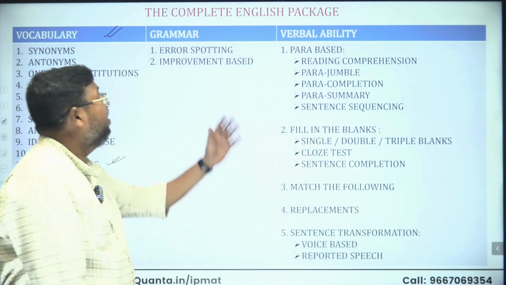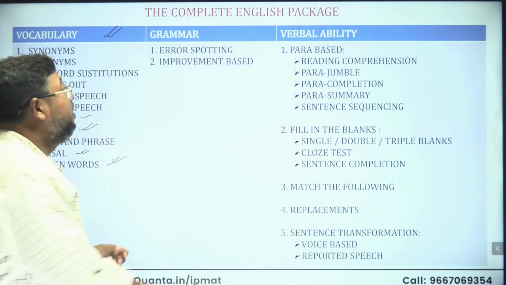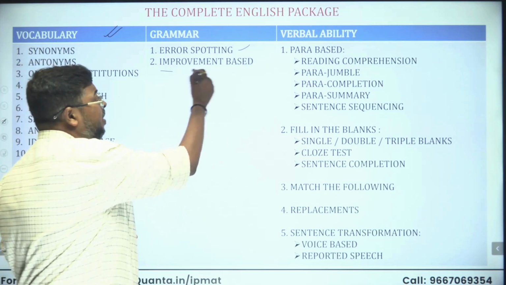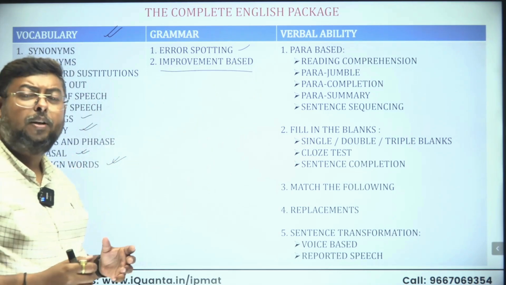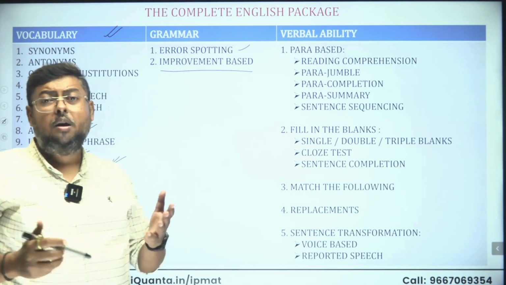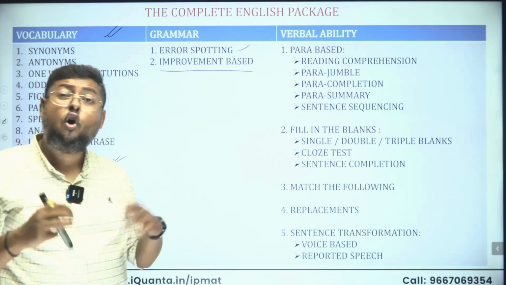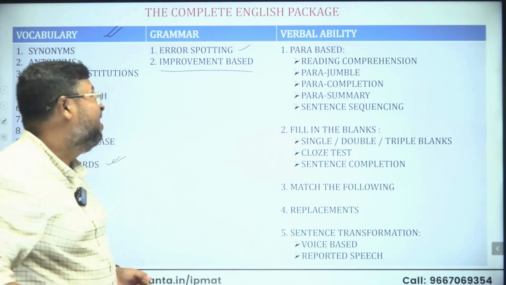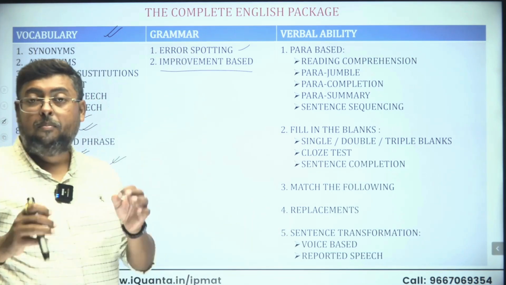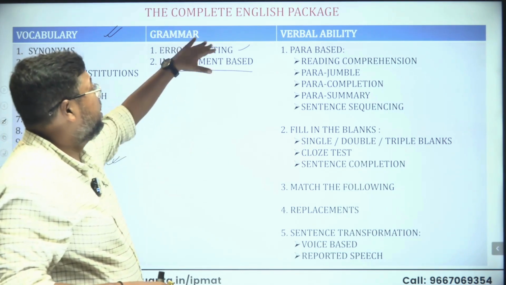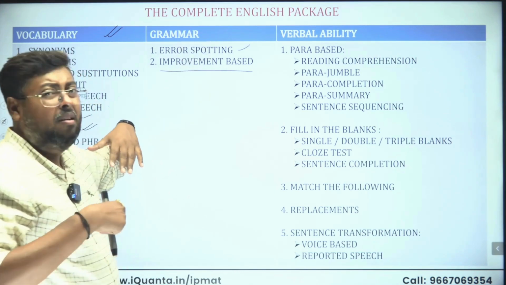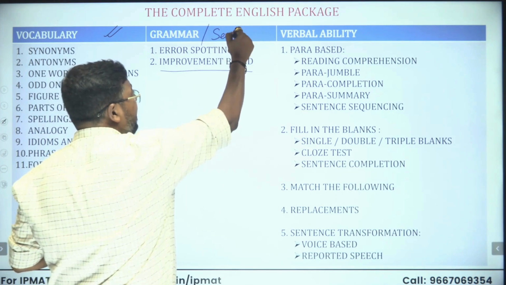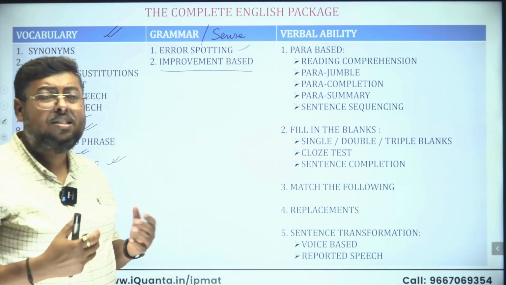Then we have got grammar section where we would be learning the error spotting, which part has the error, and then improvement based. Fine, improvement based is a sentence would be given across and they would mark a part of that sentence, or they would ask you if the whole sentence can be changed or not, which would be a better option. So these two things, they both are talking about based on grammar. Okay, but if you ask me, it is always grammar as well as sense, right? It also has to make a sensical sentence.